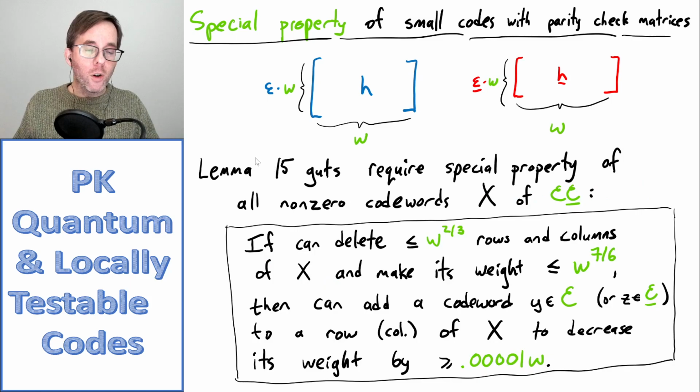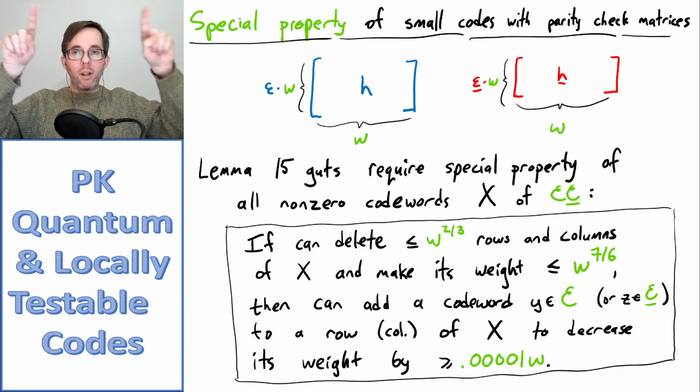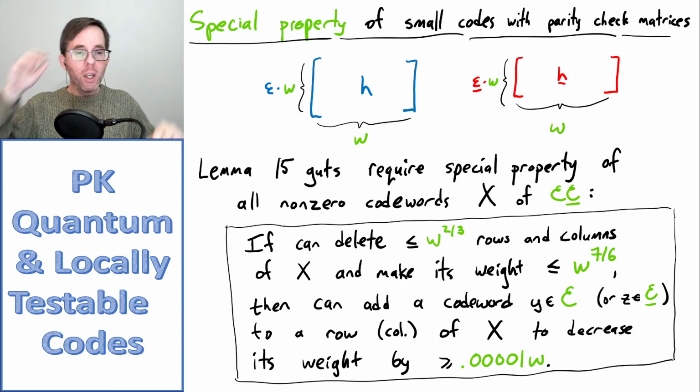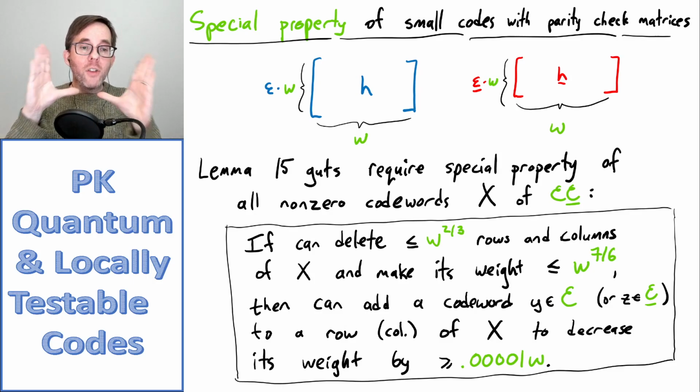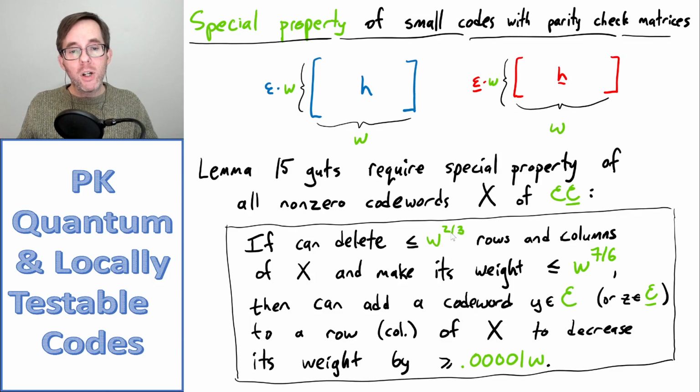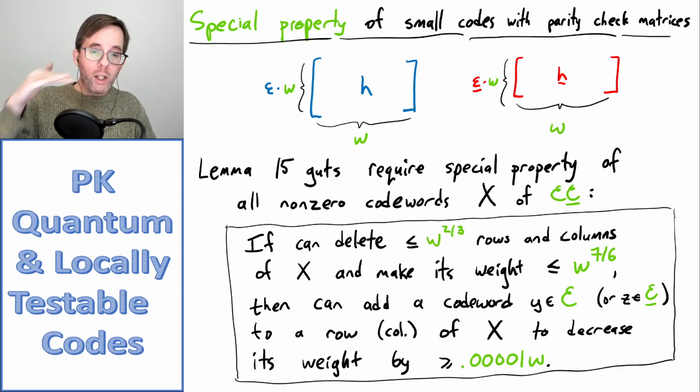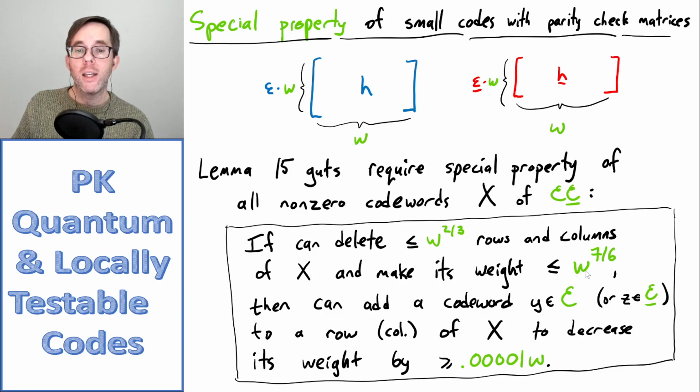And finally, when you're going through lemma 15 and you're in the final guts of proving the iterative decoder, you need the following special property of all the non-zero code words X in this code C C underline. Remember, these code words look like W by W matrices. You need this property that if you have a non-zero code word and it's possible to delete at most W to the 2/3 rows and columns from it and make its Hamming weight really quite small, smaller than W to the 7/6, which really is small because remember the number of bits in X is W squared, so W to the 7/6 is a smaller power,